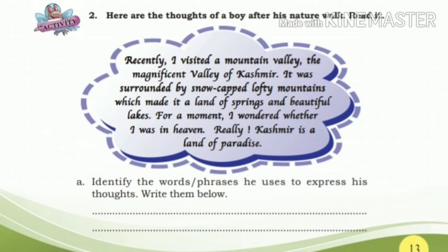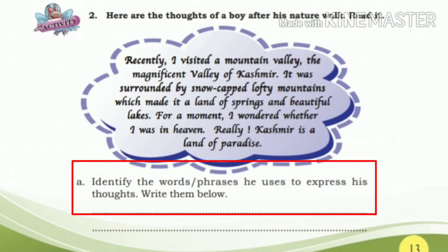Okay, so that was the things in this activity. So the first one, I think this is a B part. They didn't show the B part, so I think it's some printing mistake. This activity doesn't have an A part and a B part. The next one is also about the thoughts but not connected to this activity. It's another thing. We will discuss it later. First, just look at this A part. Identify the words, phrases he used to express his thoughts.